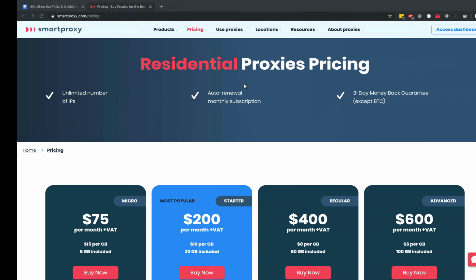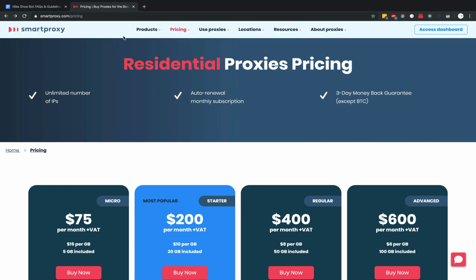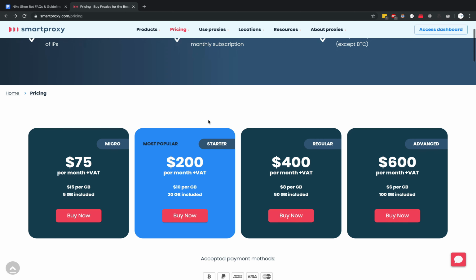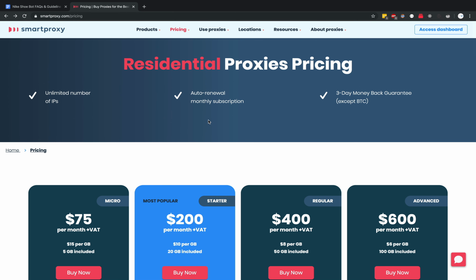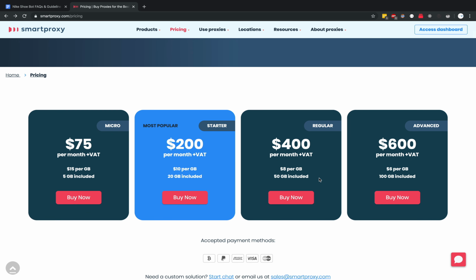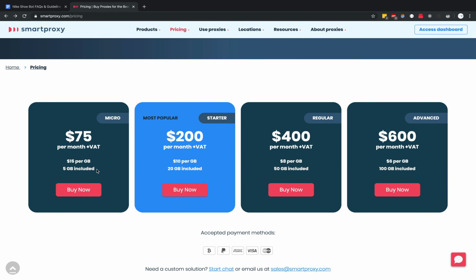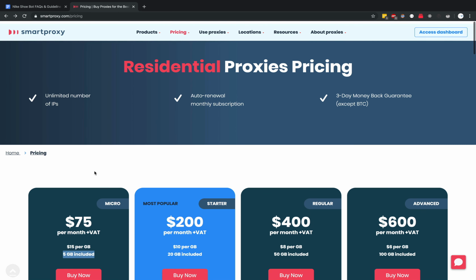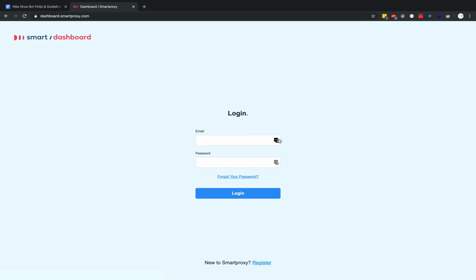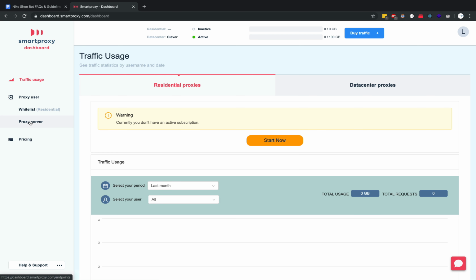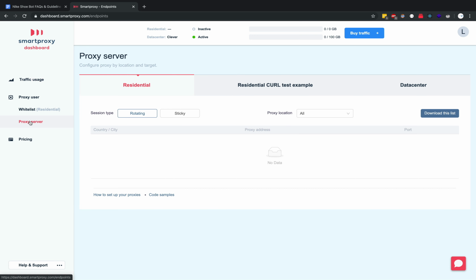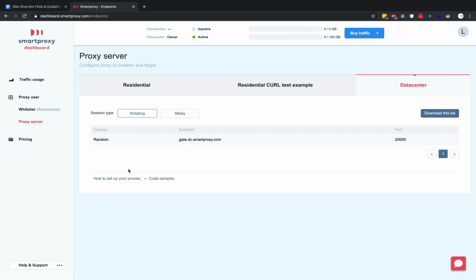Now the service I use is called Smart Proxy. There are plenty of other different options out there, but this is the one I found and I've been using for a while. Each individual proxy provider has different payment plans or different pricings, and they'll just charge you based on your usage. Depending on which proxy provider you use, this will be a little bit different, but each proxy provider will give you access to how to actually connect to their servers. In this case, I have subscribed to monthly data center proxies from Smart Proxy, and they give me this endpoint